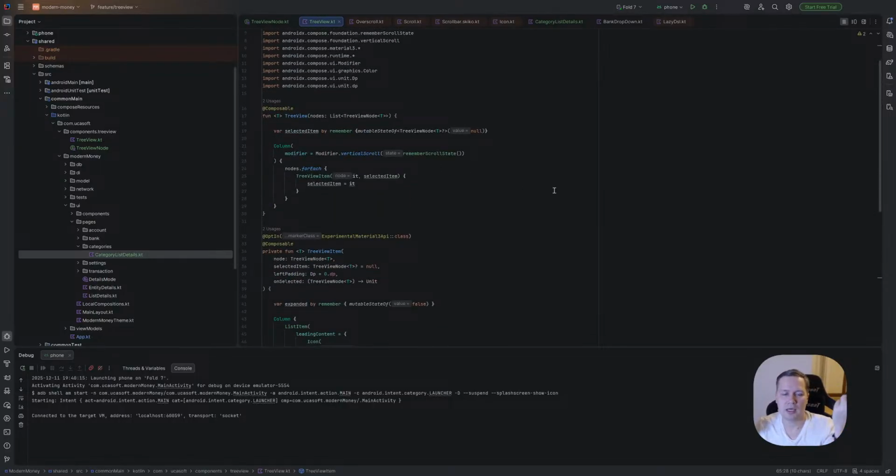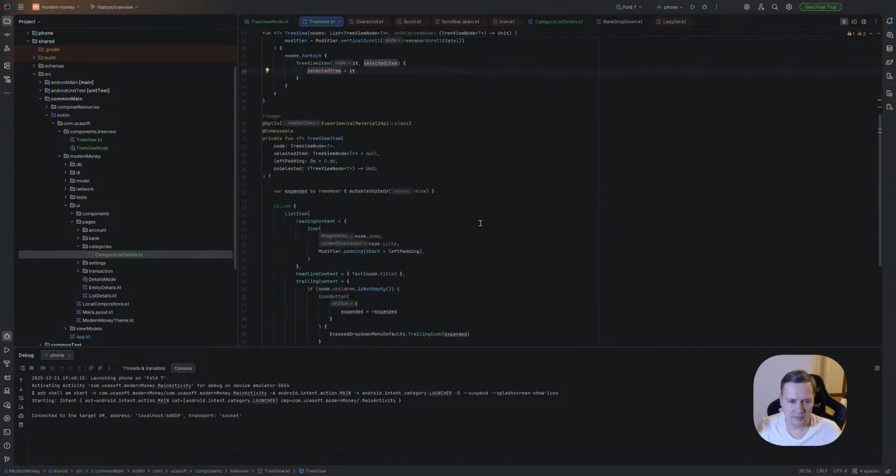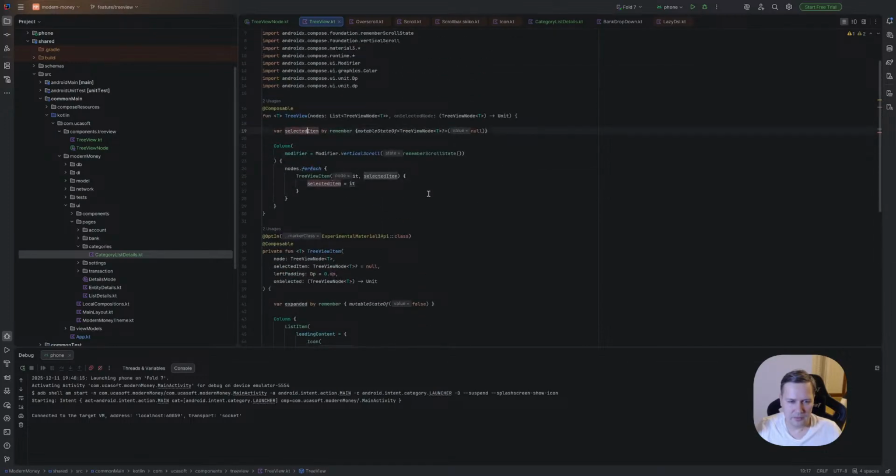We even can push it upper. So here we also can provide onSelectedNode and provide this. So it's this, yeah, TreeView and node. So we have selected, but we also need to fire it.